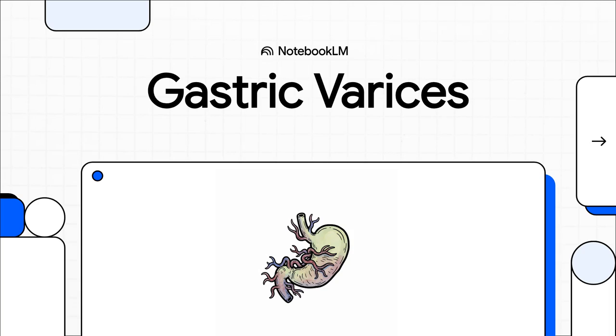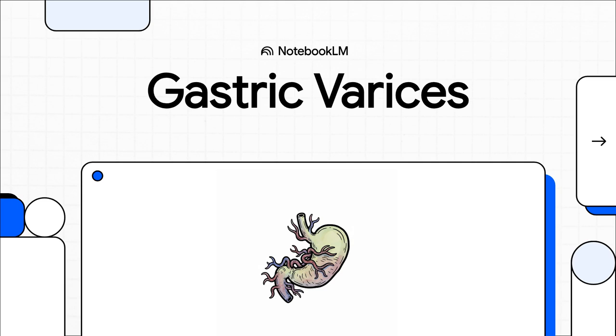All right, today we are diving into gastric varices. This is an absolutely critical topic for anyone working on the GI or internal medicine wards. Now, you might think of these as just another type of esophageal varix, but that's a mistake. These are a totally distinct, high-stakes condition, and really knowing how to manage them can make all the difference for